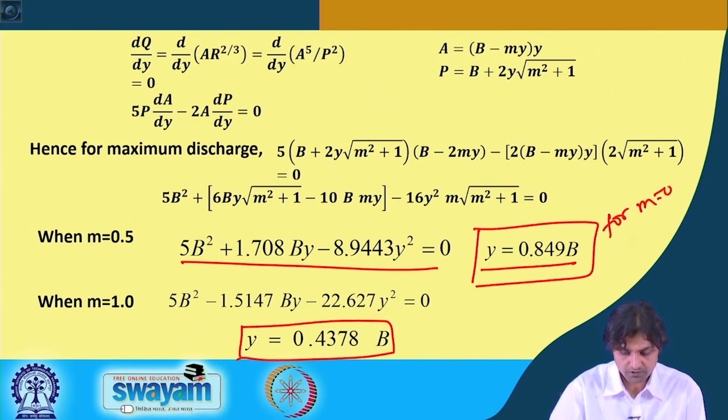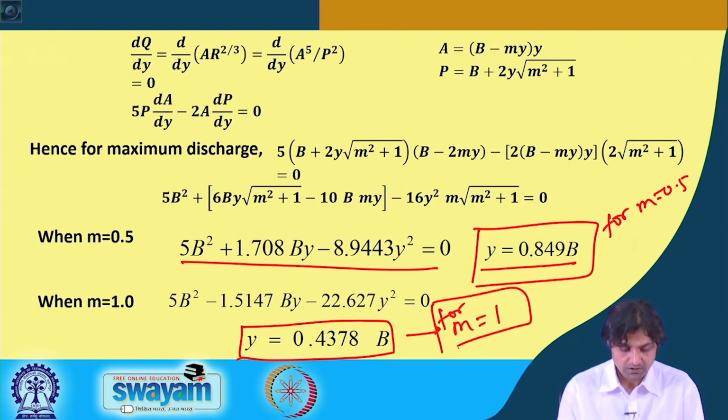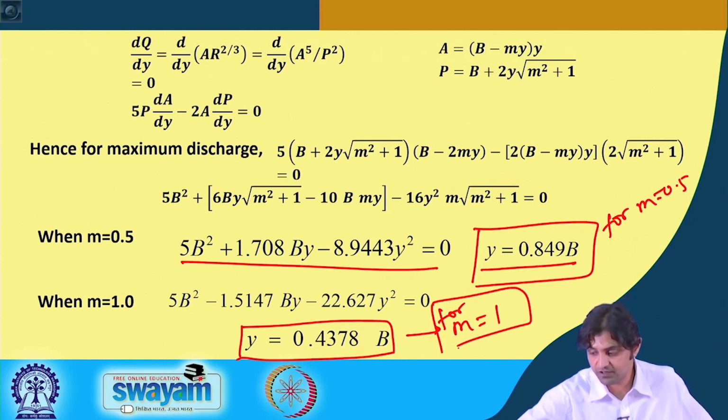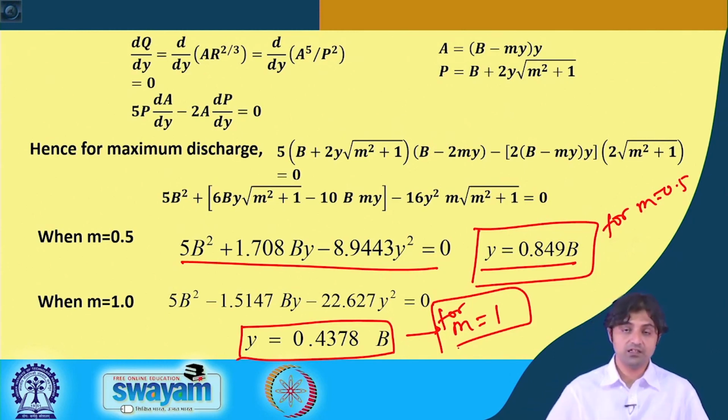For m is equal to 0.5, and for m is equal to 1. So, see, this question is actually more towards tackling all the possible problems for uniform flow, Manning's equation, wherever they are required, and I think that should be the core thing that you must be practicing